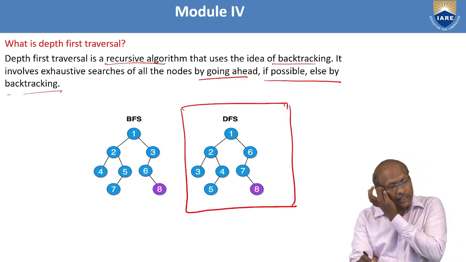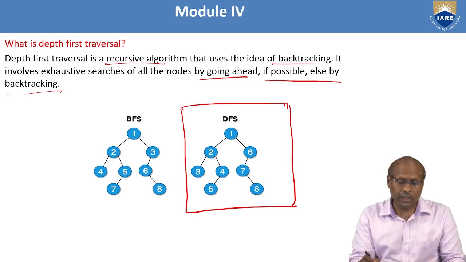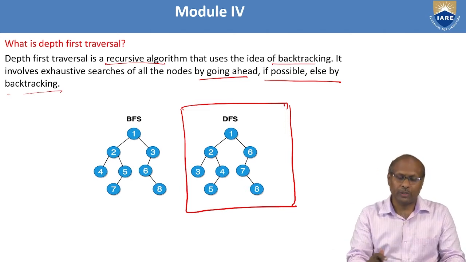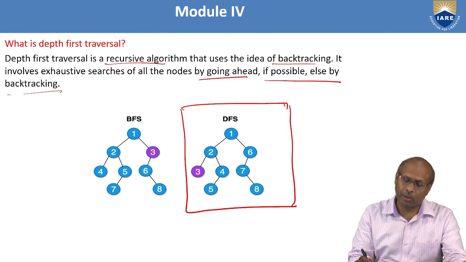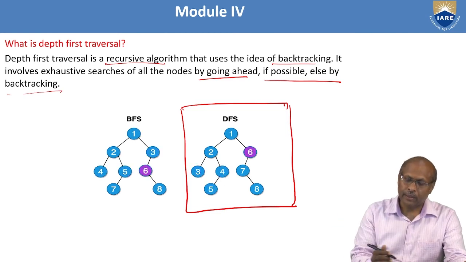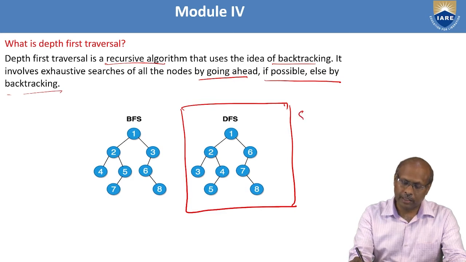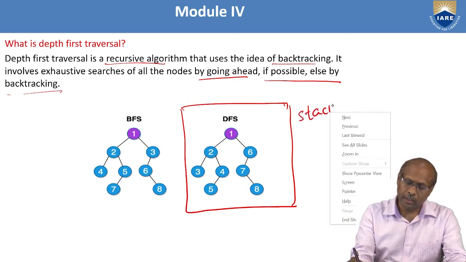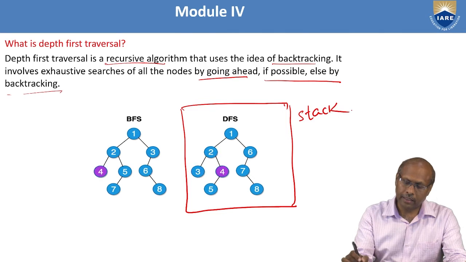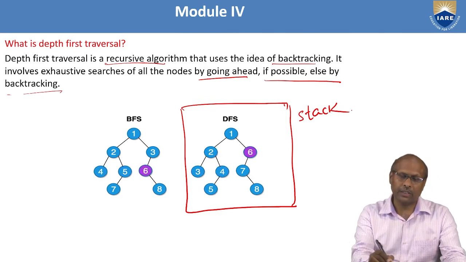In the case of depth first search, you have to search for the element, whereas in the case of depth first traversal, you have to traverse all the nodes. So when I say traversal, you traverse all the nodes in depth order, which is internally using one more data structure, that is stack. So depth first traversal will be using a stack data structure to traverse.